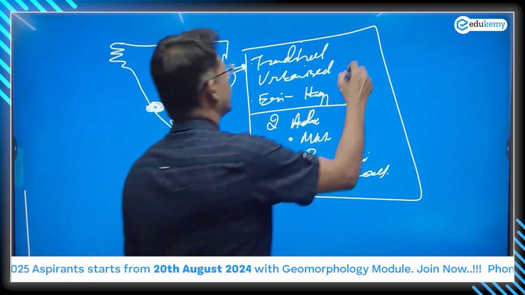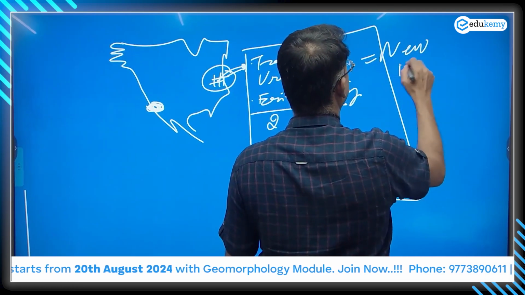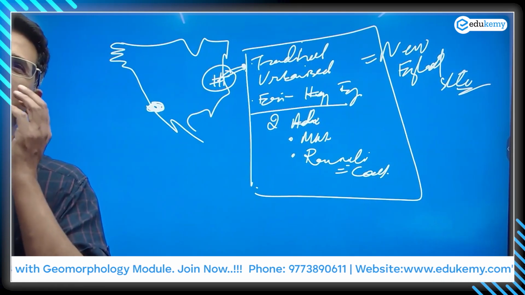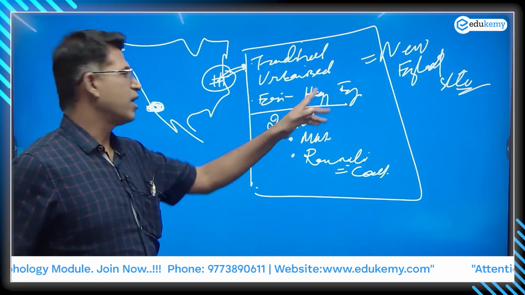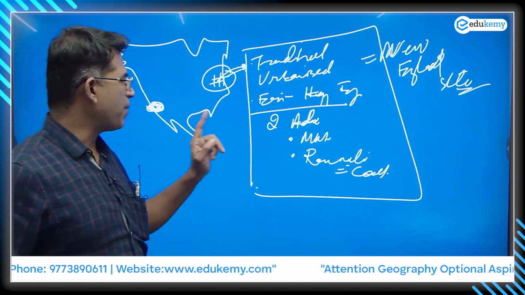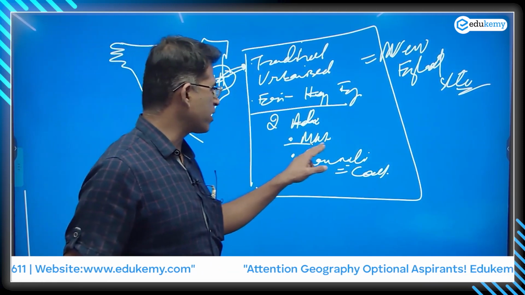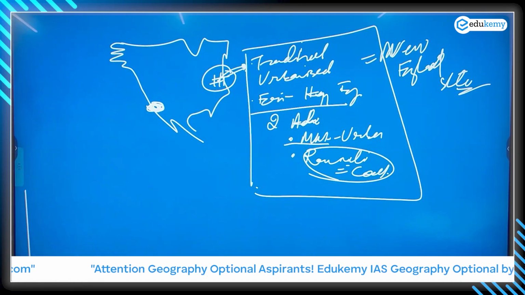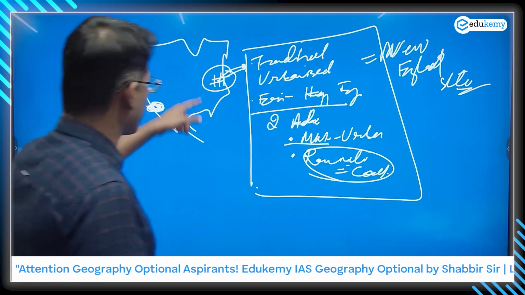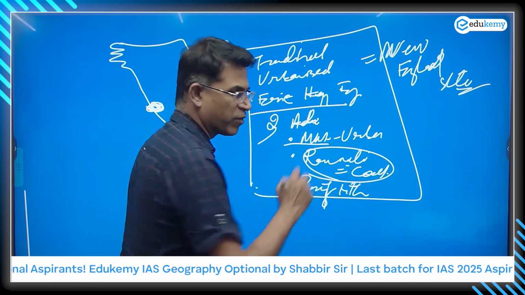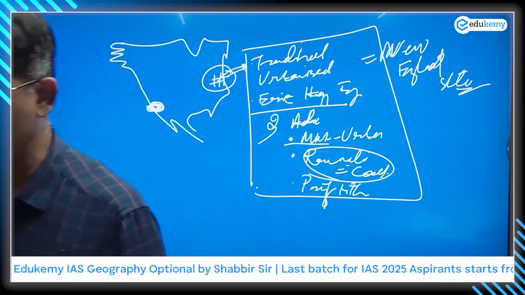This is your New England states. The traditional urbanized area, here there is heavy engineering around Lake Erie region, New England states. And here there are 2 main advantages, urban market advantage, and the advantage of coal raw material. And this area, not far away, also has proximity with the iron ore of